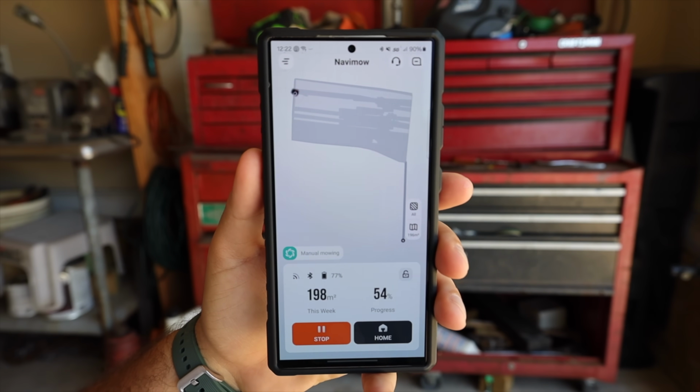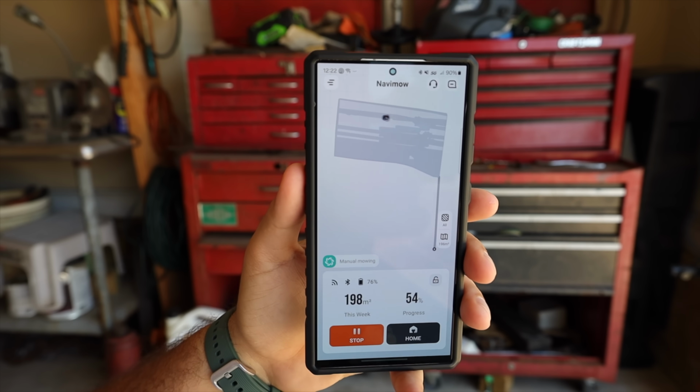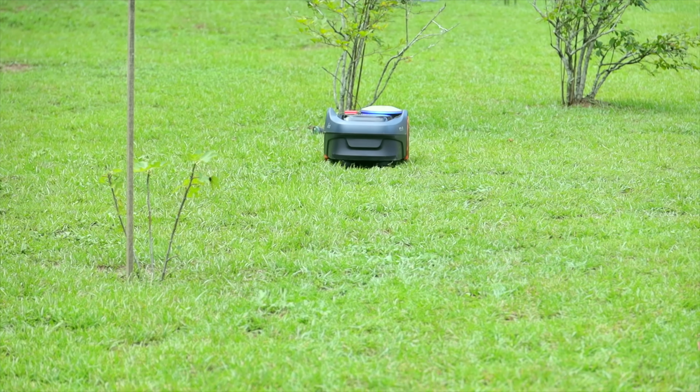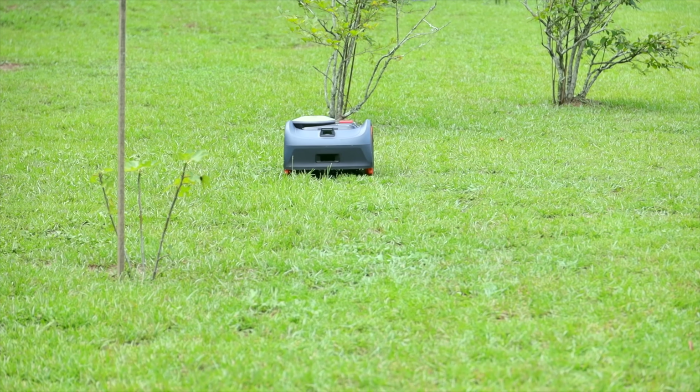And in practice, this did an incredible job of staying inside the boundaries. You can actually watch it on the map as it mows your yard, and you can see exactly where it is at all times. This does have a 140-degree field of view camera, which is AI assisted. It can identify more than 20 objects in your yard. It was clear from the beginning that this did a great job of avoiding trees and bushes and other obstacles